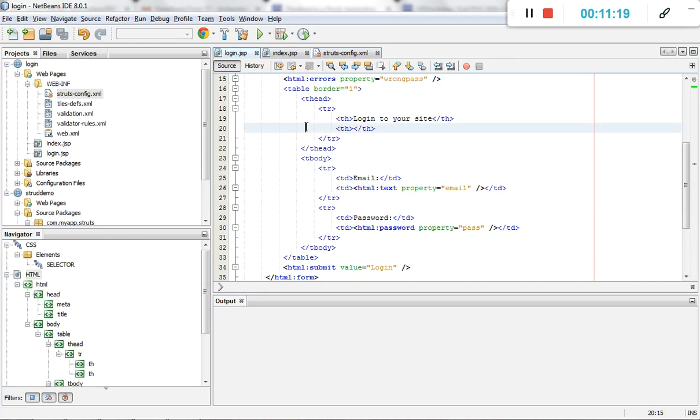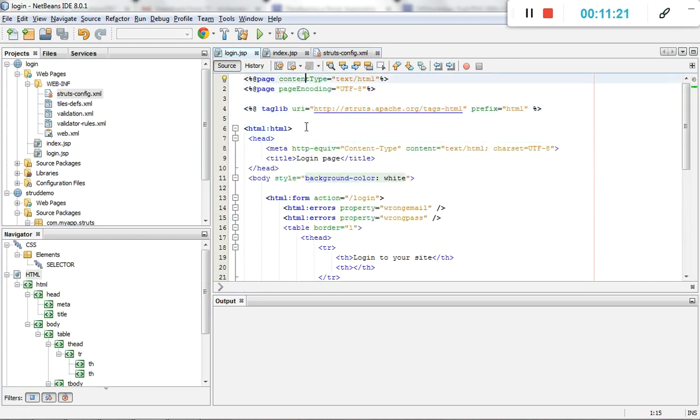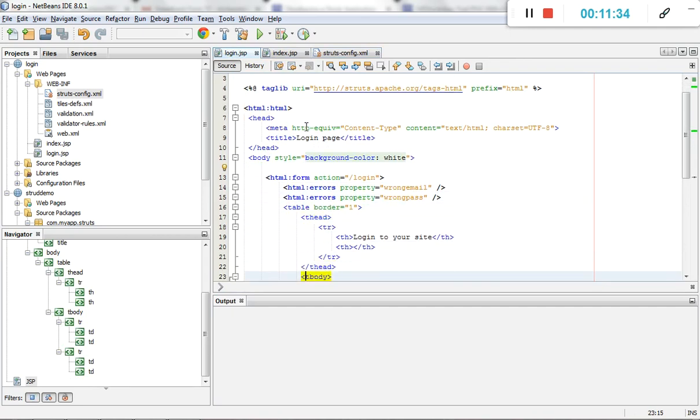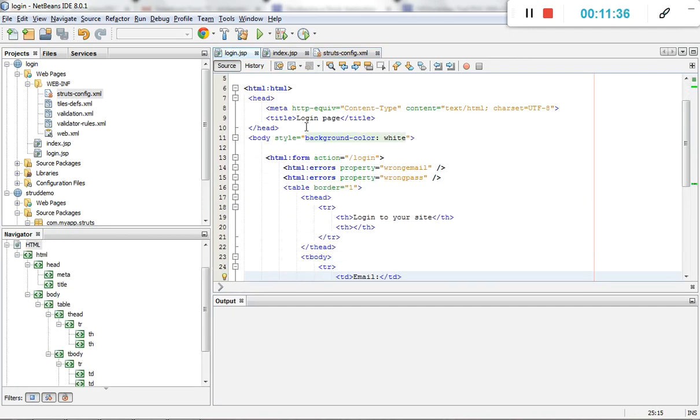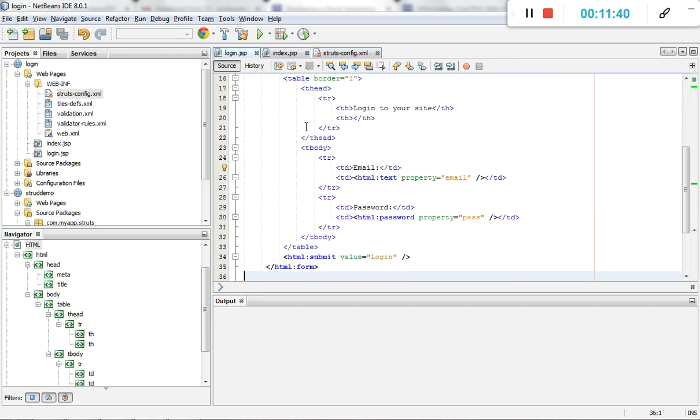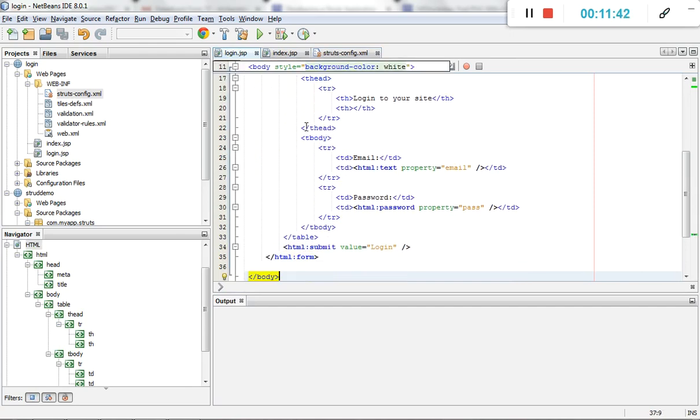Now if we see this code, it's simply HTML code, with a head with a heading, then a body containing some HTML tags, then it contains some table tags. That one is a simple login page we already developed in HTML.